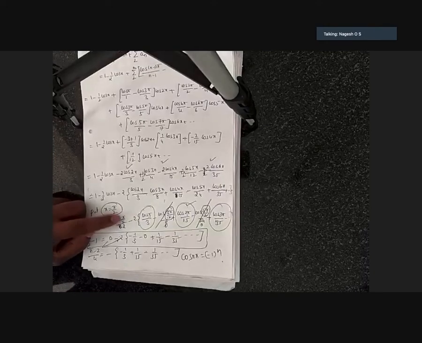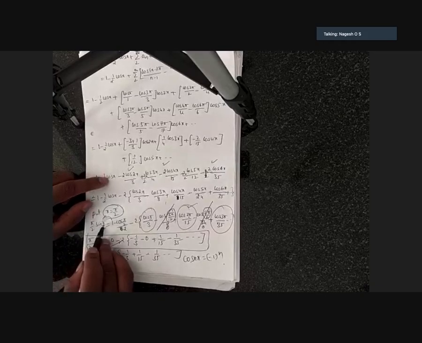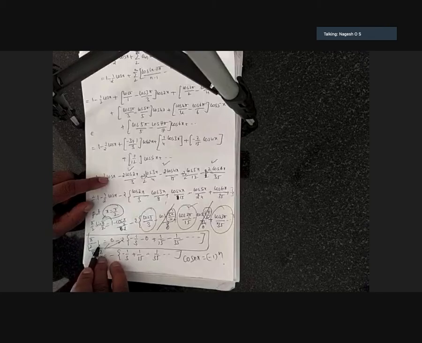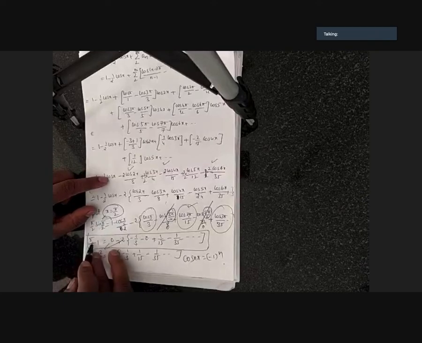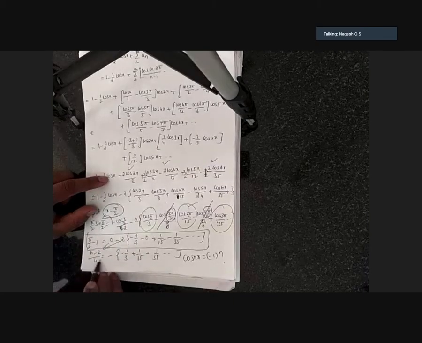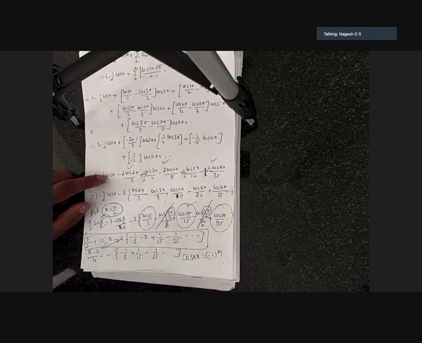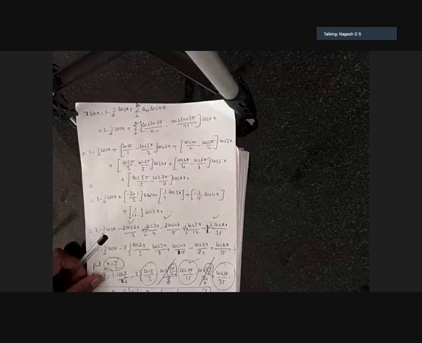Cos pi by 2, again, this is also 0. Transpose this 1 this side. Pi by 2, cos pi by 2 is 1. Pi by 2 into 1 is pi by 2. Transpose the 1 this side. Pi by 2 minus 1. Then cross multiply this 2 after taking the LCM. Pi minus 2 by 2. So if you cross multiply this, pi minus 2 by 4. Minus, I will keep there itself. Multiply minus inside. You will get this much. You can write this 15 as 3 into 5. This 35 is 5 into 7.